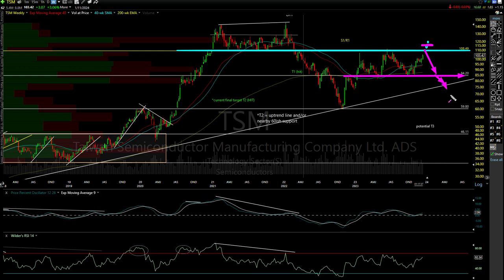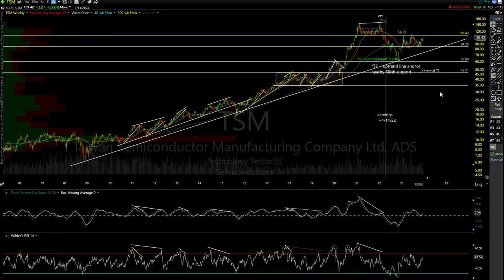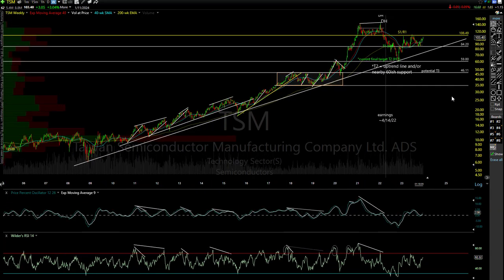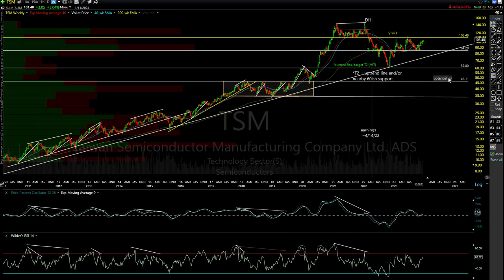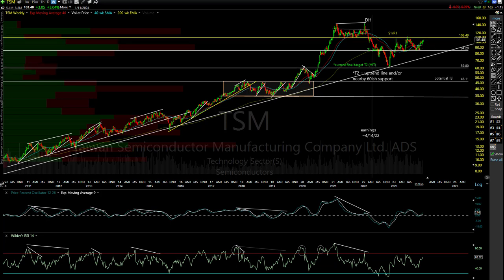Next target would be the trend line. Then I had what targets I gave you before, and I called them potential T3, and that's the next one. If I get a little more confidence, if we start to get some sell signals, I see this trend reverse with some evidence that it's probably over and a new downtrend started, I'll most likely make that official. Or not, I'm throwing out the levels.